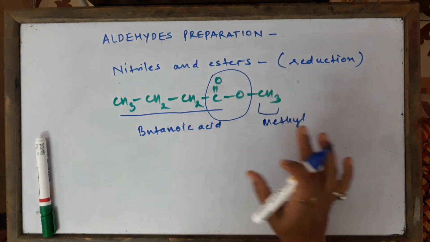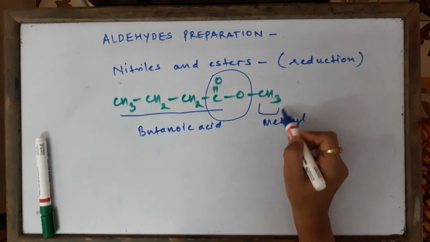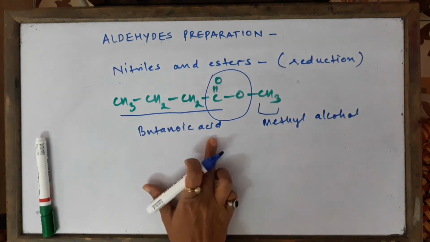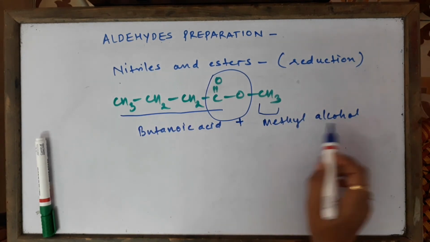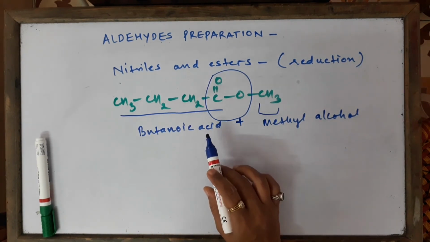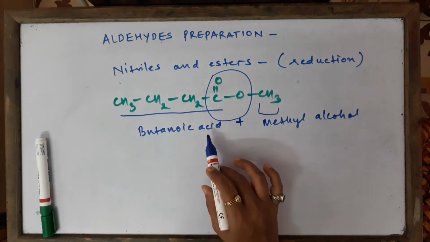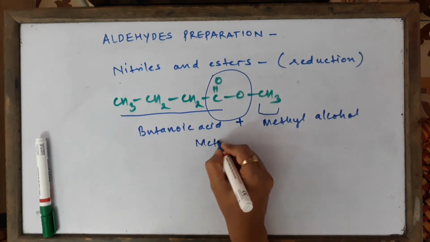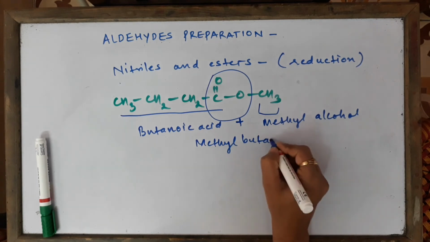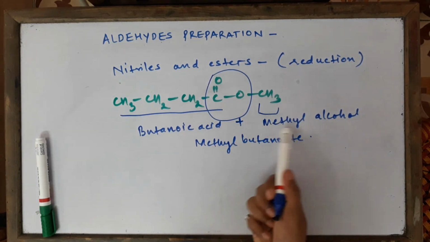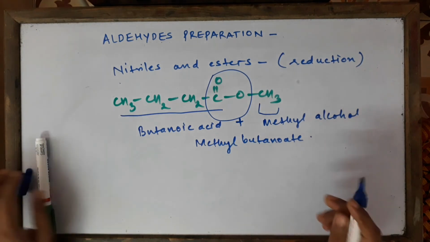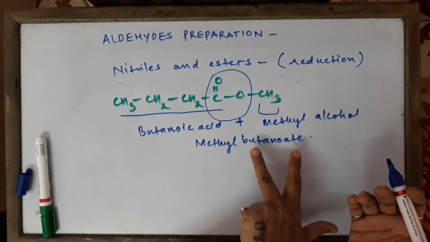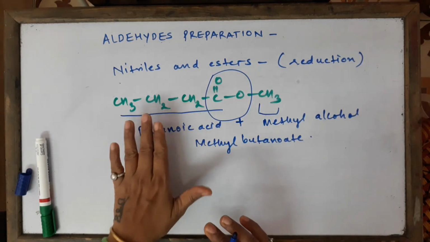Okay, so this ester is coming from the combination of 2 compounds. Number 1 is methyl alcohol, and what is the second compound? Butanoic acid. So when I mixed methyl alcohol and butanoic acid in presence of concentrated H2SO4 during esterification, I got this answer. And this answer is known as methyl butanoate. Butanoate, look at this, methyl, and then I just write butanoate. So by looking at the name of an ester, one can make out who were the parent compounds: methyl alcohol and butanoic acid.